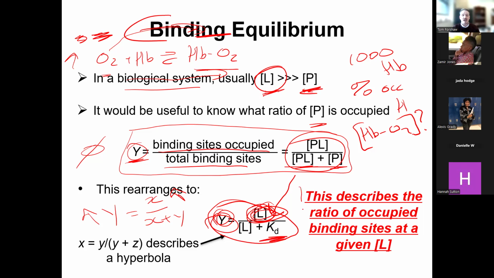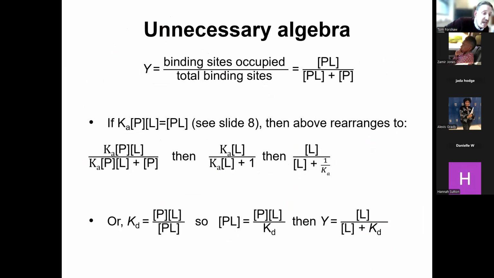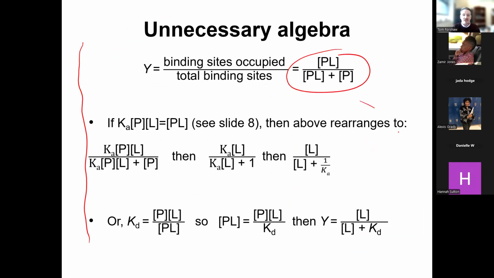It's going to describe the ratio of occupied protein at a given concentration of ligand. But you need to factor in how much that protein wants to break apart. Actually, I've got the algebra here if you really want. I said this in the textbook if you want to read it. I'm not going through this, but this rearranges to this